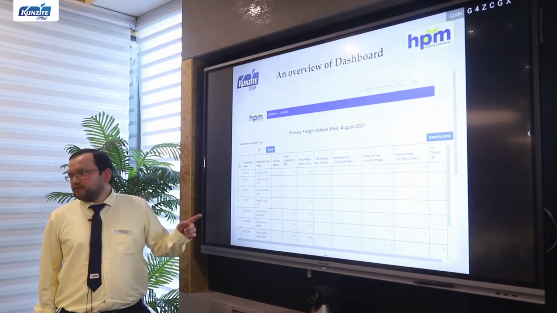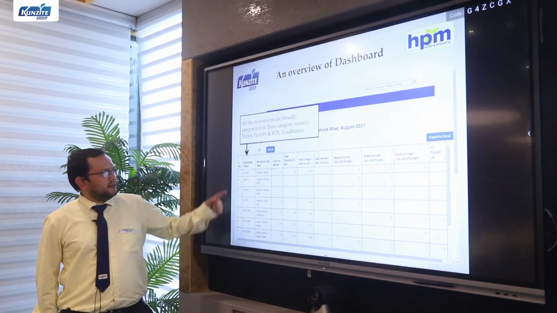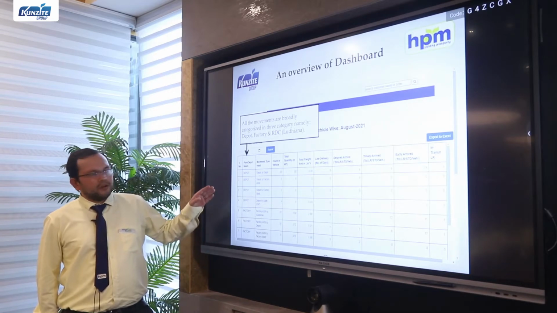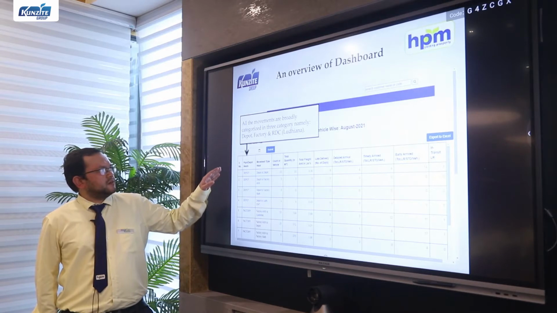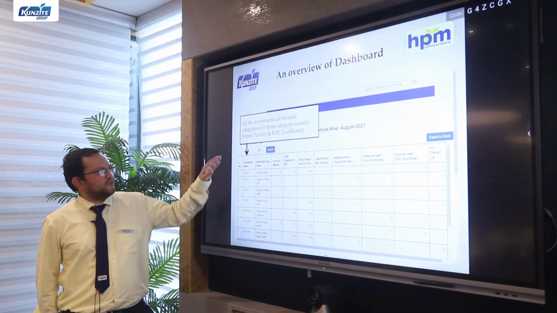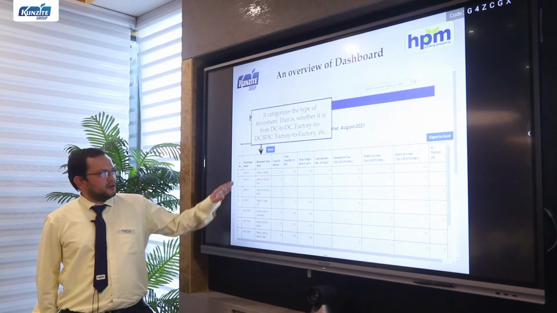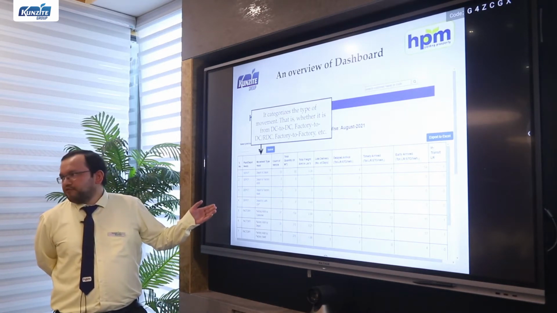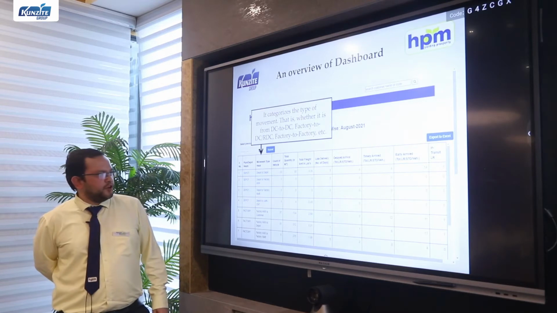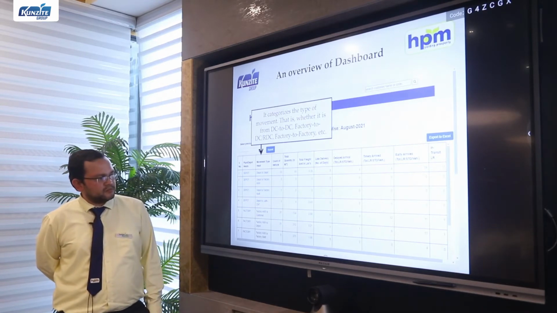So this is the overview dashboard of our primary freight portal. In this column, as you can see, all the movements are broadly categorized into depot, factory, and RDC. In this column, named movement type head, it reflects the type of movement, which is depot to depot, depot to factory, or factory to depot or customer.